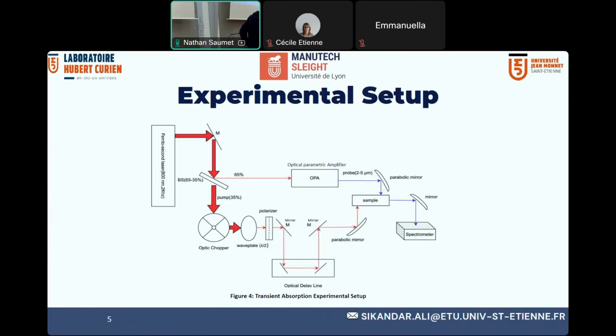The Python scripts were actually for the spectrometer, optical delay line, and optical chopper. The Python script that we use for the spectrometer was to measure the signal during the experiment, which was the transient absorption signal, which is actually the difference between the absorption of our sample when it is excited or when it is not excited. That was the transient absorption signal